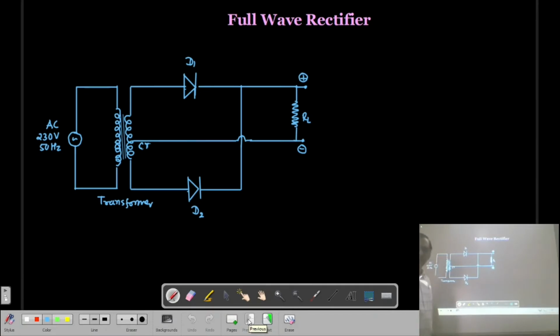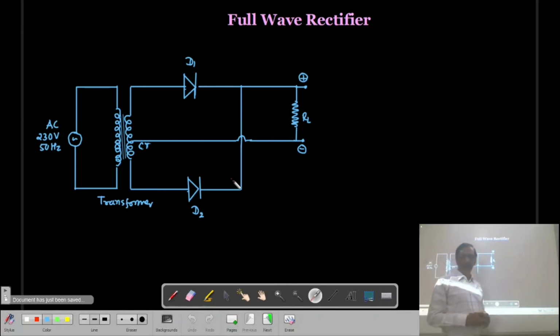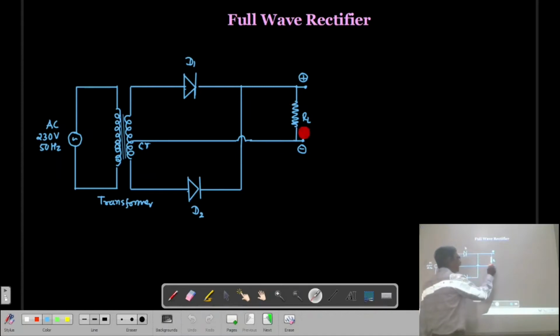You can see the circuit diagram of the full wave rectifier, where we are using two PN junction diodes. If you look at this circuit properly, you will find that this upper part of the circuit is one half wave rectifier. And in the lower part of the circuit, this diode with the load resistance Rm is also another half wave rectifier. So the full wave rectifier consists of two half wave rectifiers, but for both of them the load resistance Rm is common.